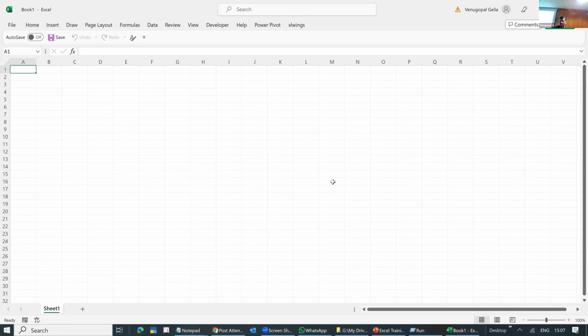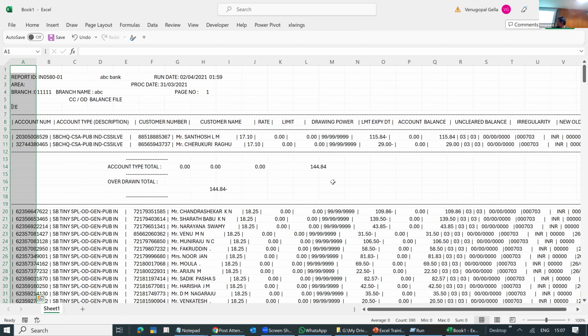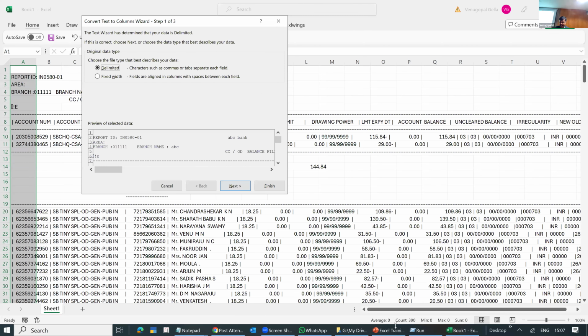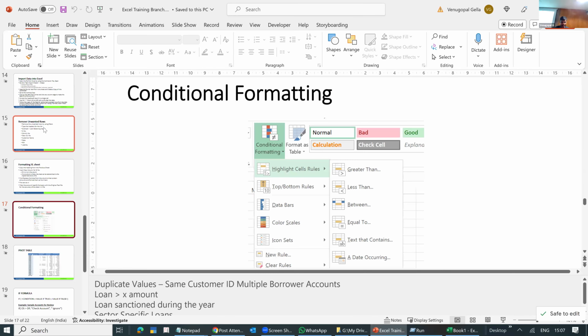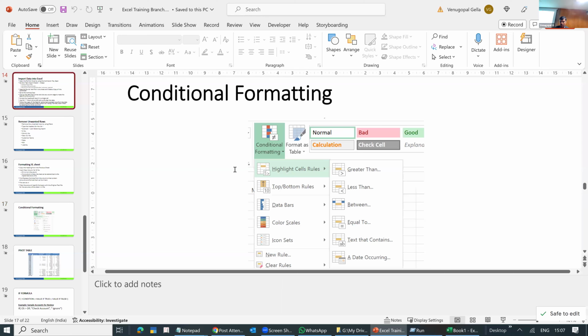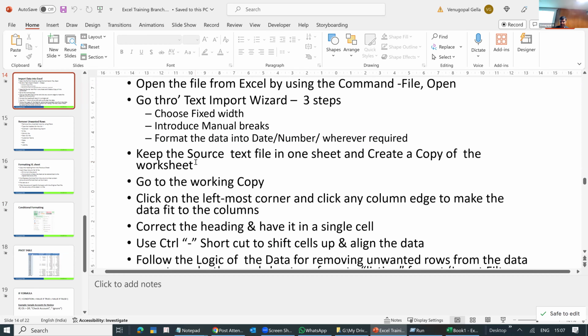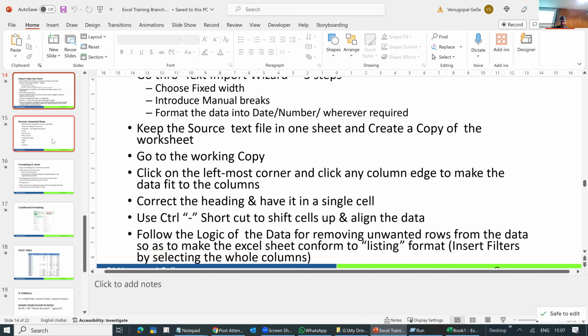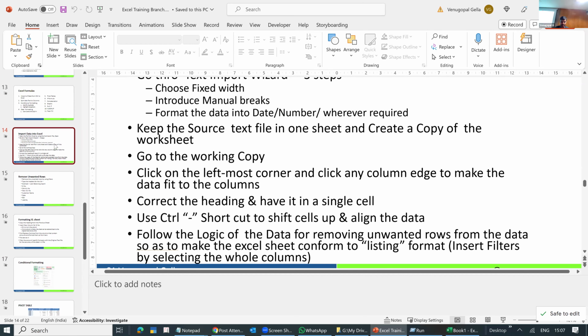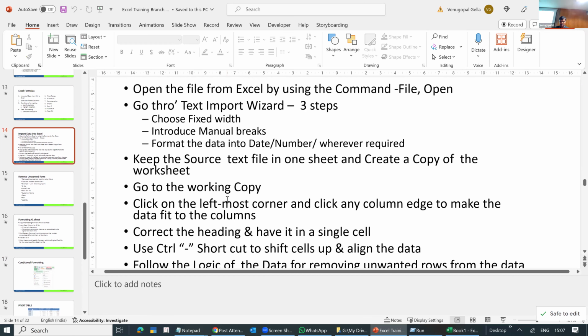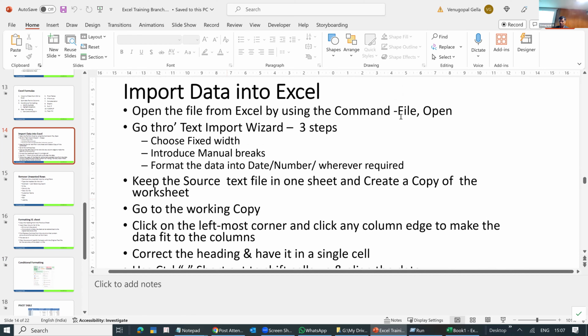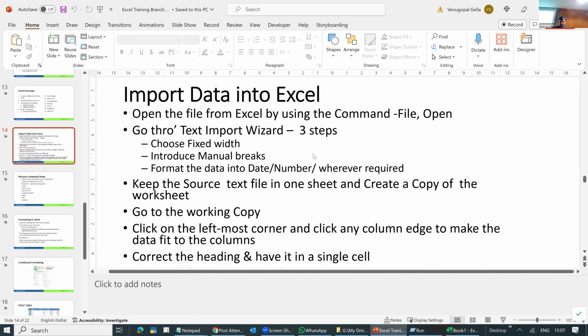Sir, I have copied this data into a file. So for the data split, I have given the formula on how to import the data and take the data into the file. You have to clean up and remove the unwanted columns. So you have to go to file, open, text to columns.